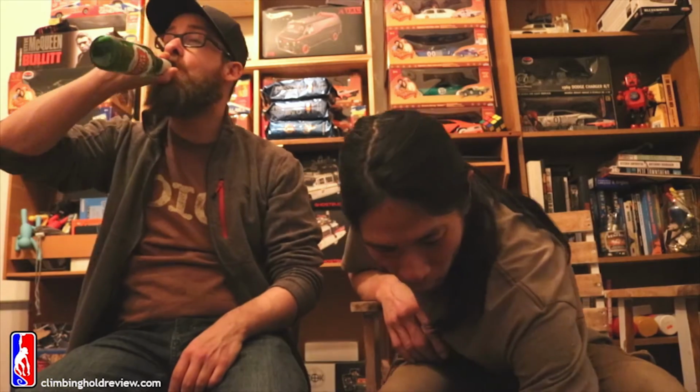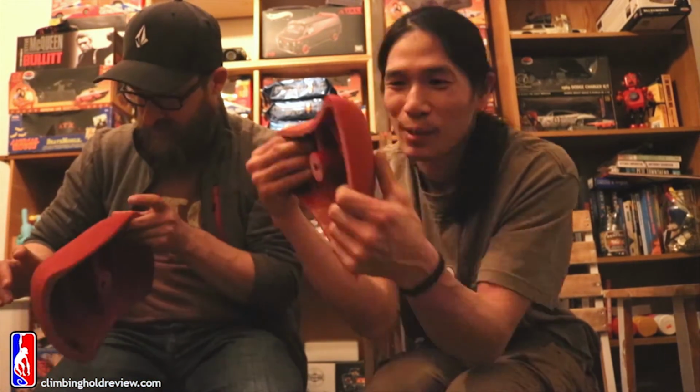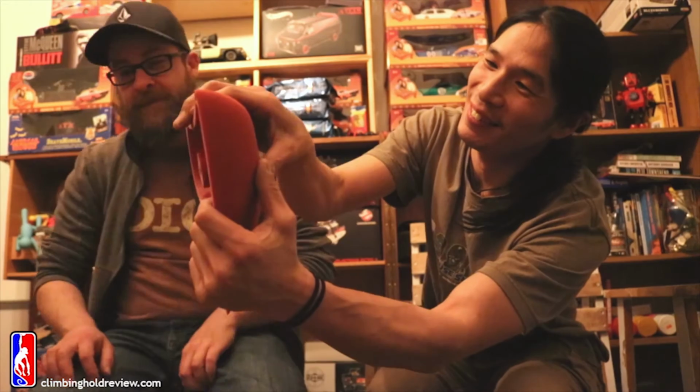Let's go for number 4. Okay, so number 4 is the easy hold of the set. Why do I say that? Because it's in cut. It's like what I call a juggy sloper. It's not really a jug, but it's round and comfortable and in cut. It's not that juggy, but you have to admit, these holds are